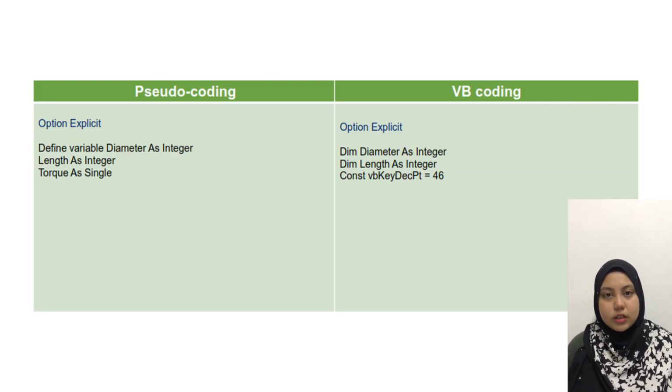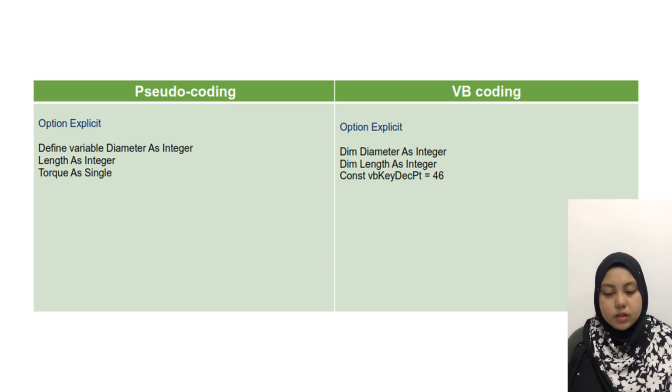Next, for the general declaration. For pseudocoding: option explicit, define variable diameter as integer, length as integer. For VB coding: option explicit, dim diameter as integer, dim length as integer, const vbKeyDecPt equal to